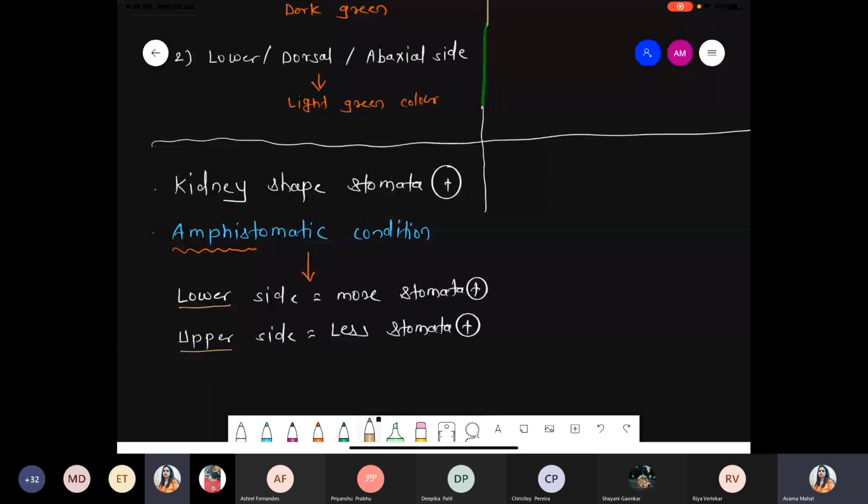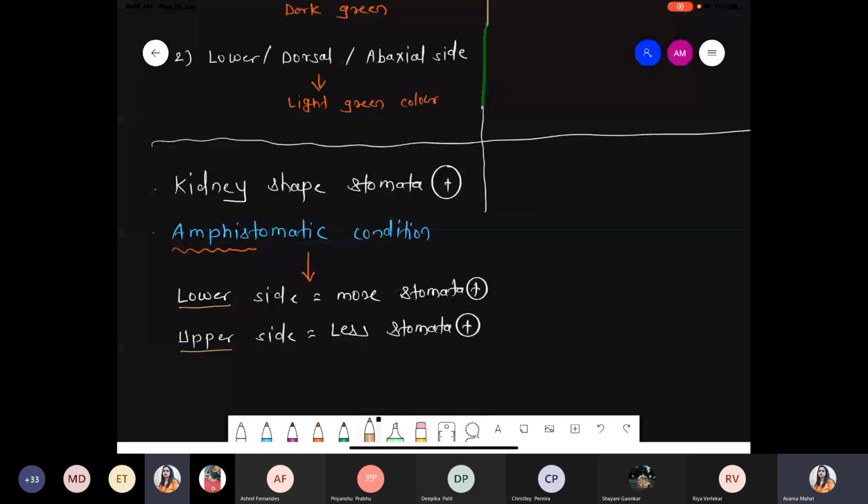And this is a simple reason: you know very well, stomata show open and close conformation. If stomata open, ultimately there is a loss of water. And if the number of stomata on the surface is more, then sun strikes them, because you know the external environment is quite dry, with high temperature. If sunlight directly exposes the surface area, there is more loss of water. We'll see that part in the transport chapter, not here, but it has some significance.